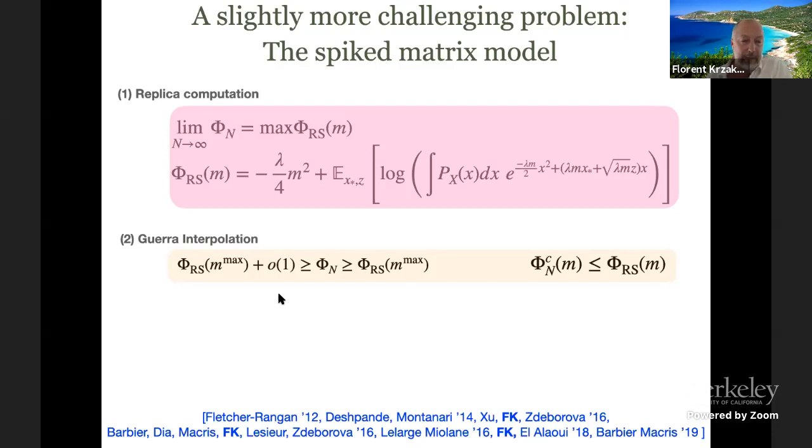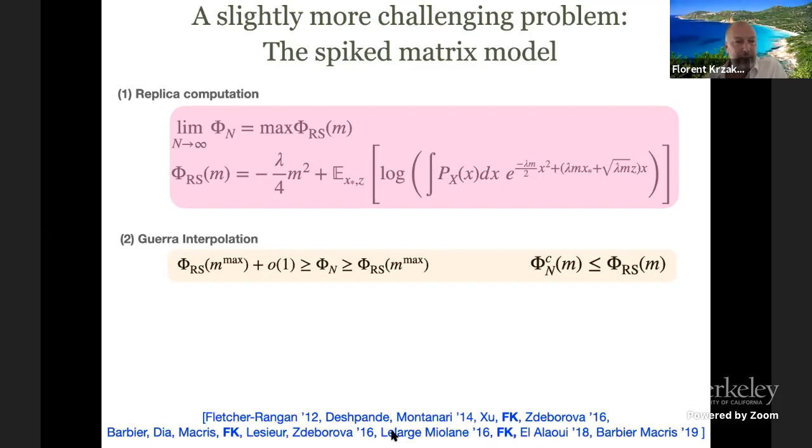In fact, this is where we developed these techniques here. So this result here was obtained by Jean and me when we worked in Berkeley together 4 years ago. And this upper bound was much more tricky. I think we first got it in a very complicated way in this paper with Barbier, Diaz, Krzakala, Lenka and Thibault. A much nicer proof was then found by Lelarge and Miolane, which was much shorter.